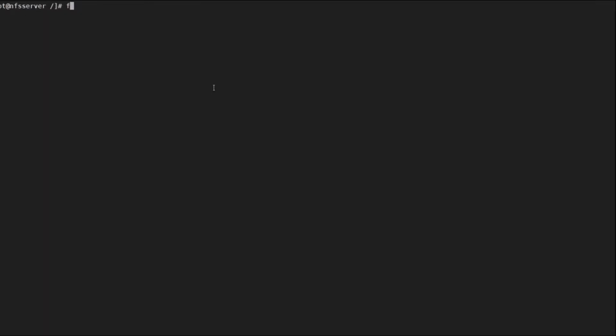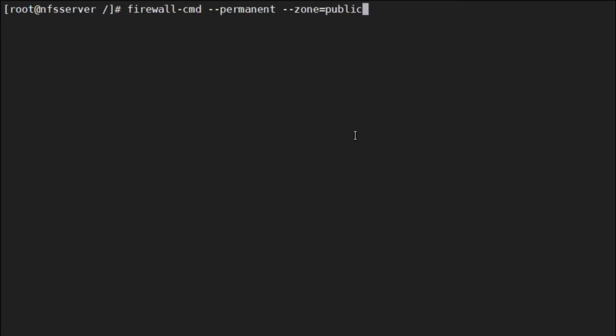On the server, we will first configure the firewall. To do so, execute the following command: firewall-cmd --permanent --zone=public --add-service=nfs, and the same for rpcbind,